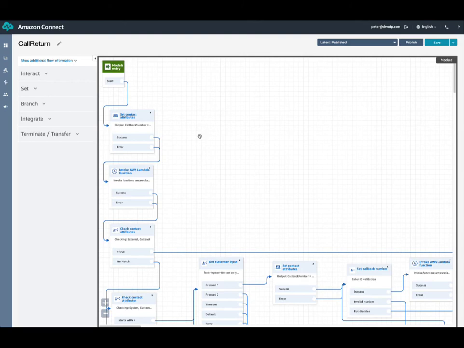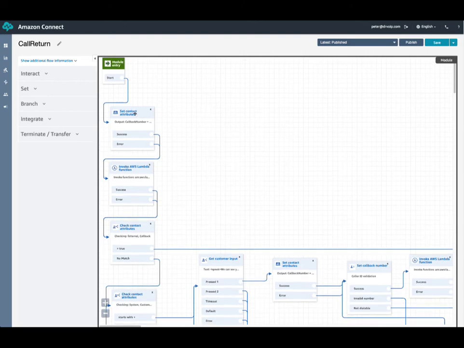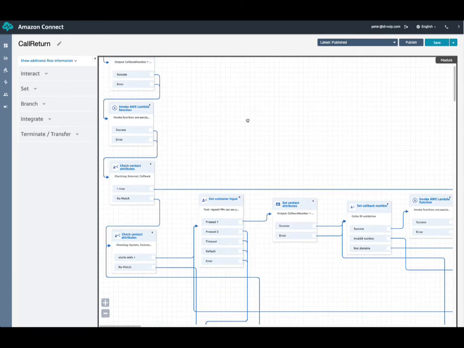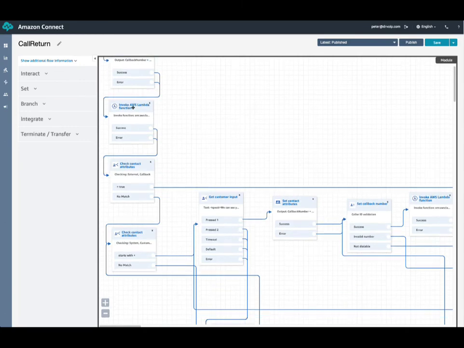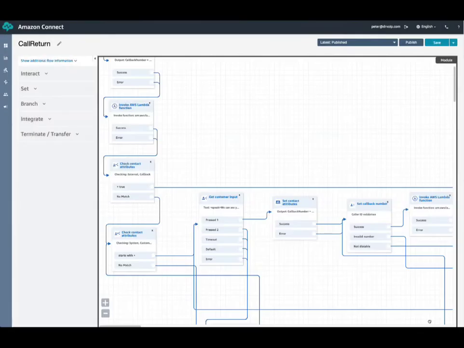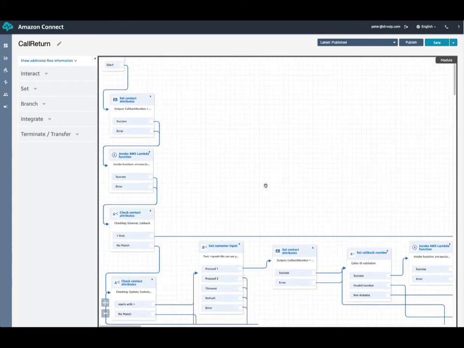We'll go to the module, and basically what we're doing here is we're taking their existing phone number, the customer number, that's a system parameter, and we're assigning it to an attribute we created called callback number. Then, in this case, we're running a function to go read the DynamoDB data table to see if this number has already been put in that table.